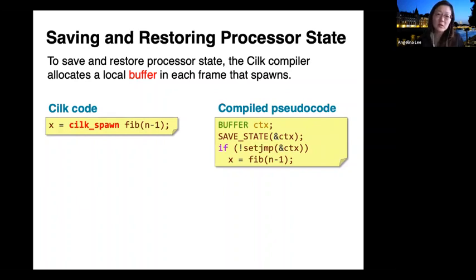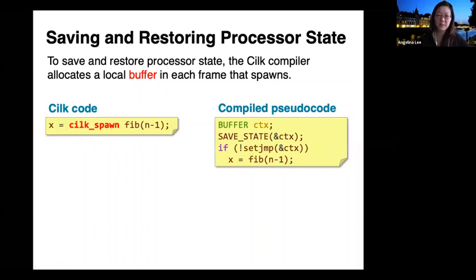And so the pseudocode for Cilk spawn roughly translates to the following, where we have the buffer and the compiler will generate code to save the necessary processor state. This includes things like the RIP pointer corresponding to the continuation of the parent, and the various live local variable values that are potentially currently in registers. And I don't know if people are familiar with the setjmp call.